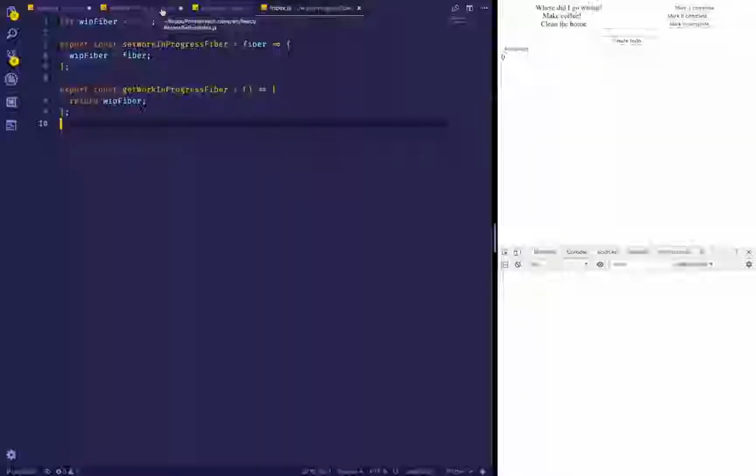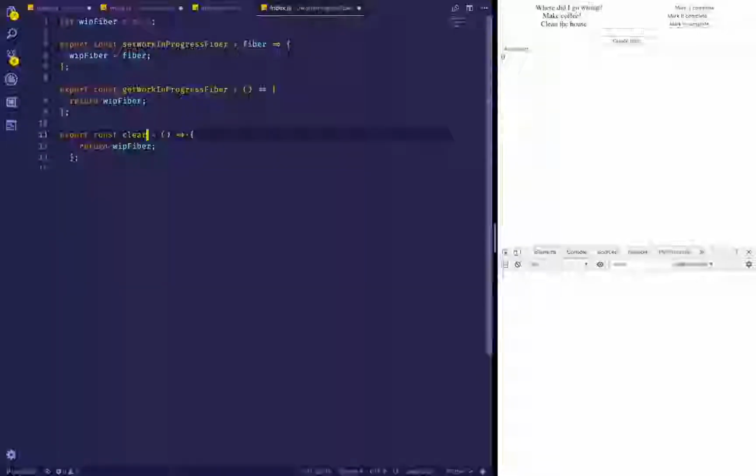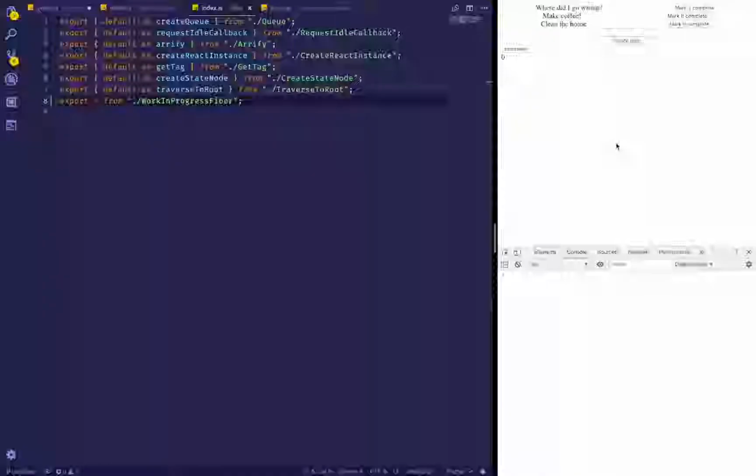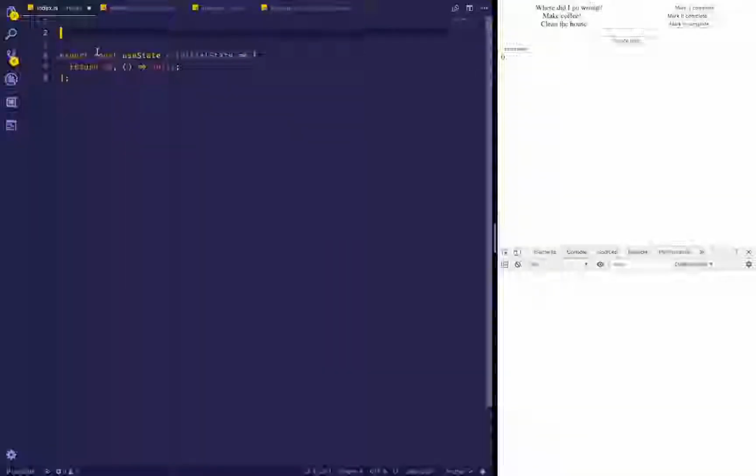Okay. And we can even clear. So export const clear work in progress fiber. So this way we can set it to null. Okay, so now I can save it. Okay, so now if I come to here,